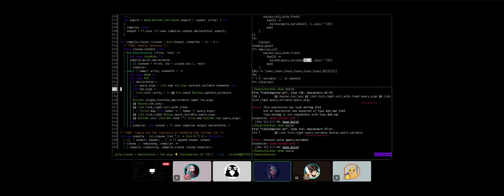This is to make sure that you're not conflicting with anything else, because you cannot make predicates with empty names. Then you do single function declaration namef, fun args. So that's creating a function in Erlang with an empty name, with arity plus 1 wildcard arguments, which in the body has a run lazy that does